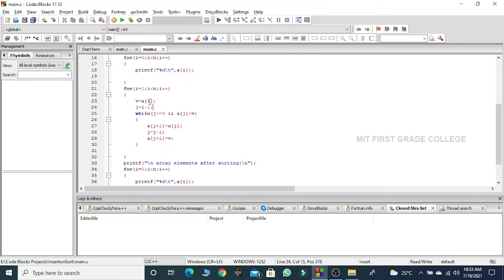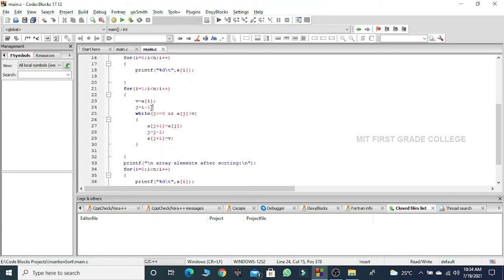So a of 1, after checking this condition, if this condition is true, I come in. I assign a of i to the variable v. Then I decrement the value of i by 1 and assign it to j.